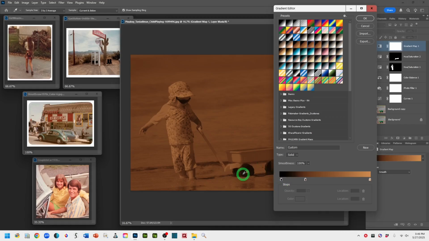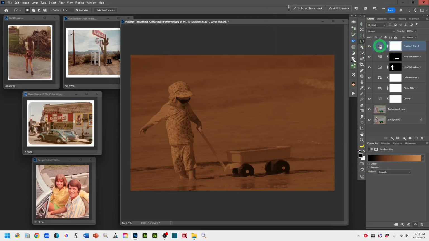And again, you can see that we have the color stops that we can adjust if we want to, but I think I'm not going to bother with those. I'm just going to click OK and get this overall brown on here. So let's just see how this goes, all right? And so we've gotten this sepia antique gradient for browns on here. So now I want to blend it with what we've done before. To blend this brown into what was there before, in the top of the layers panel,